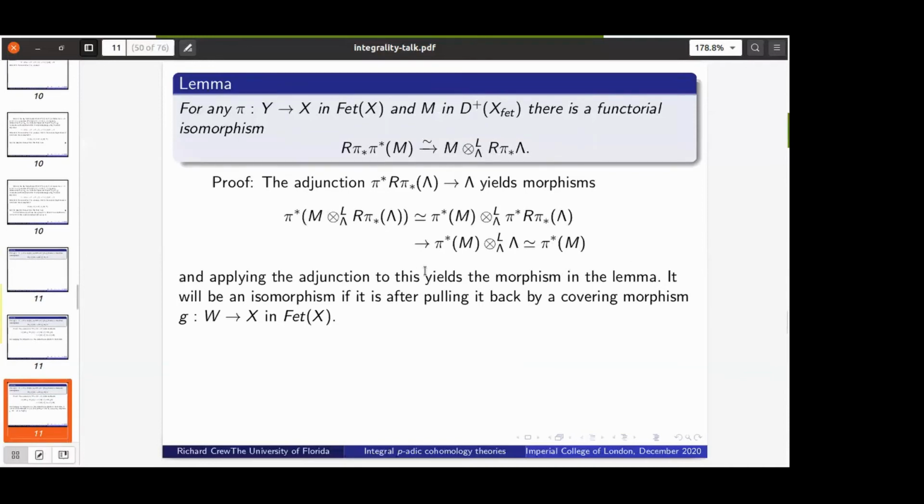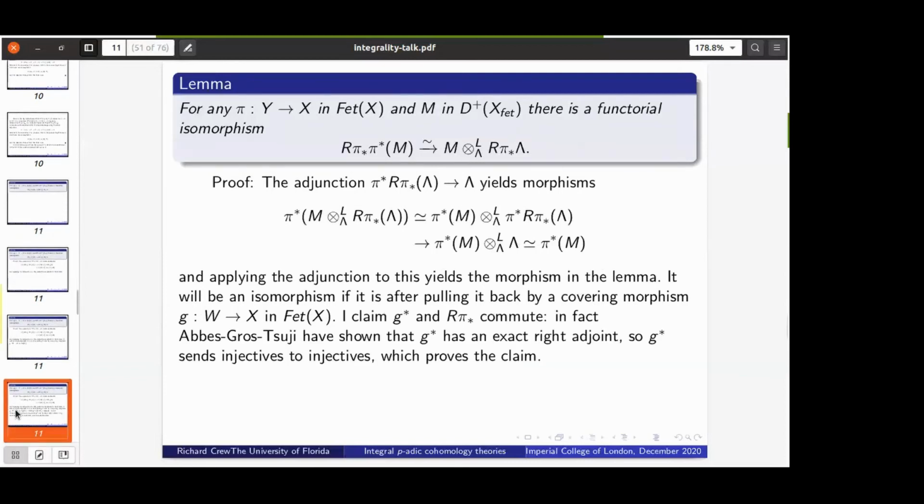And to check that it's an isomorphism, it suffices to check after I pull back by a covering morphism, say g of W to X in the finite étale site. Okay, I claim that g upper star and R pi lower star commute. So here we use a result of Abbes, Gros, and Tsuji, who show that g upper star has an exact right adjoint. So this means that g upper star sends injectives to injectives, and that's all I need to prove this claim